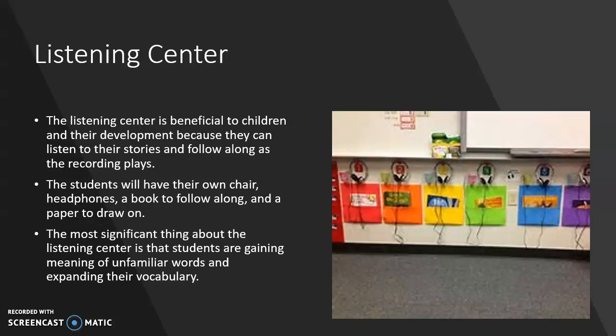Next, we have the Listening Center. The Listening Center is beneficial to children in their development because they can listen to their stories and follow along as the recordings play. The students will have their own chair, headphones, a book to follow along, and a paper to draw on. The most significant thing about the Listening Center is that students are gaining meaning of unfamiliar words